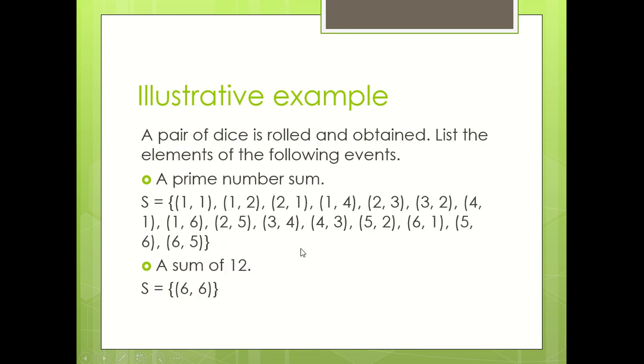The fourth example is to get a sum that is a prime number. Earlier, we defined a prime number as a number whose factors are 1 and itself. If you try to enumerate, the smallest prime number is 2, so we have here a sum of 2. The next would be a sum of 3, because 3 is also a prime number, and then 5 and 7,